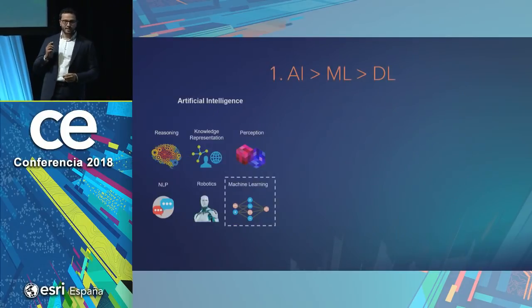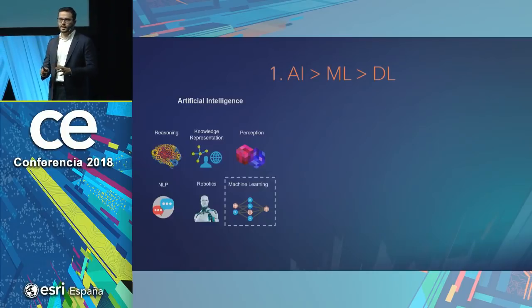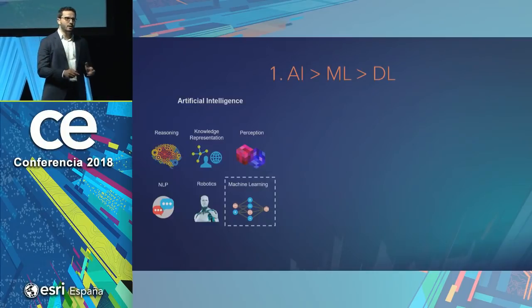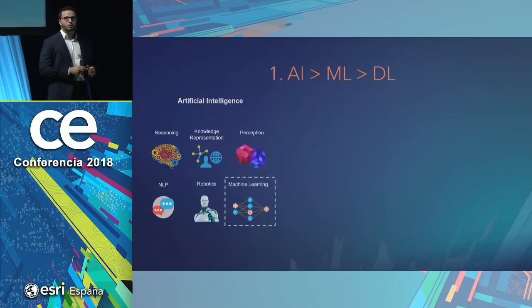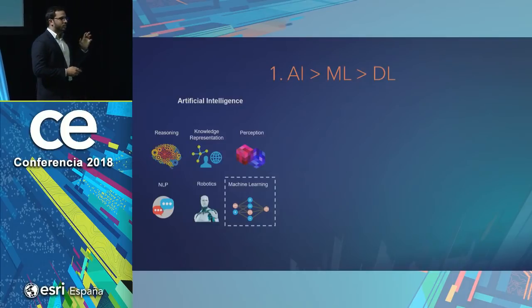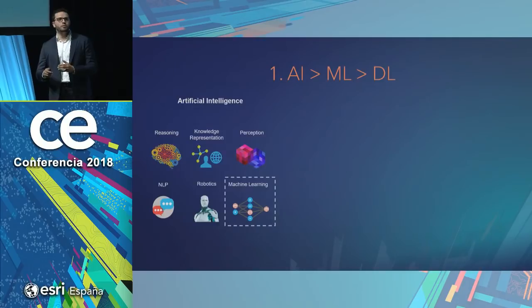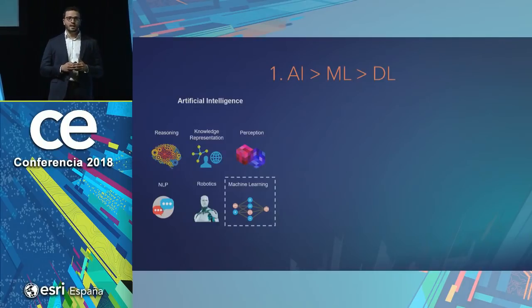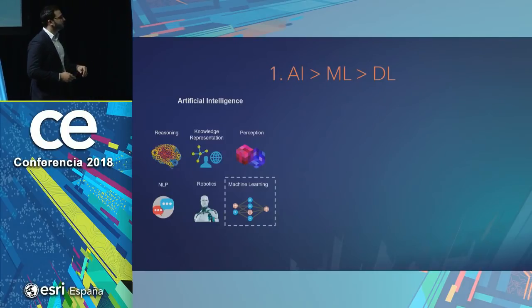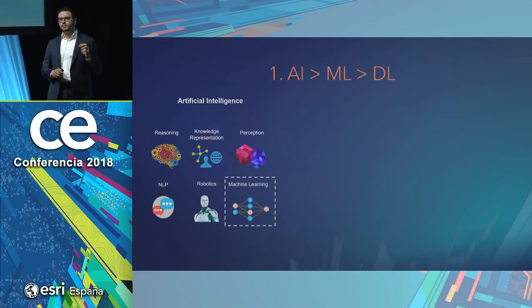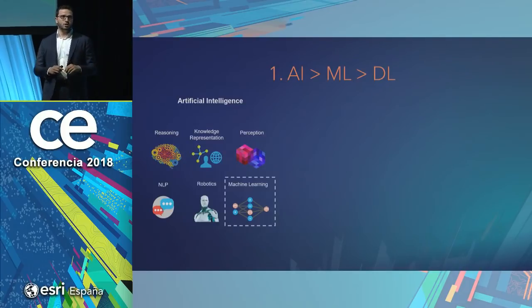And I want to speak with you today quickly about what's AI, what's machine learning, what's deep learning, before jumping into what we are doing with it today. We look at artificial intelligence as the idea of having machines achieving human-level intelligence. And this has multiple categories under it: reasoning, natural language processing, knowledge representation, and machine learning.